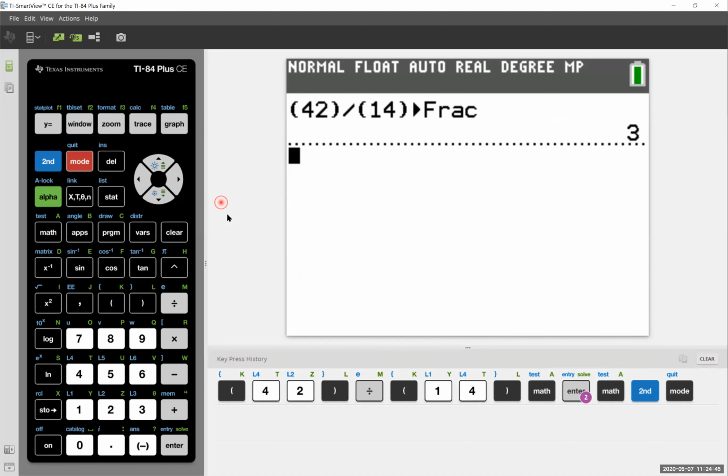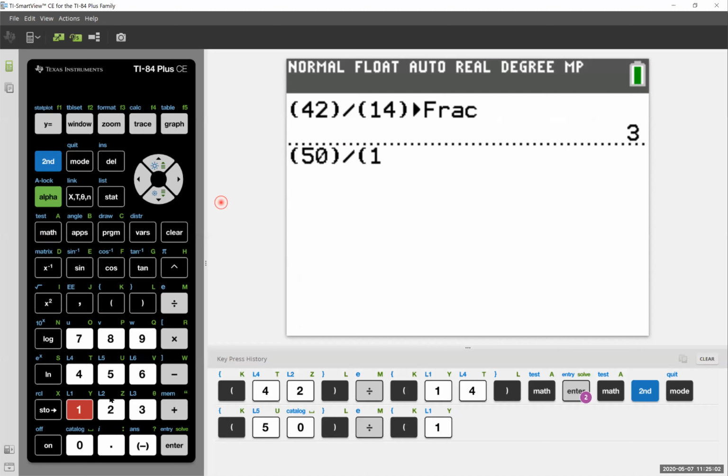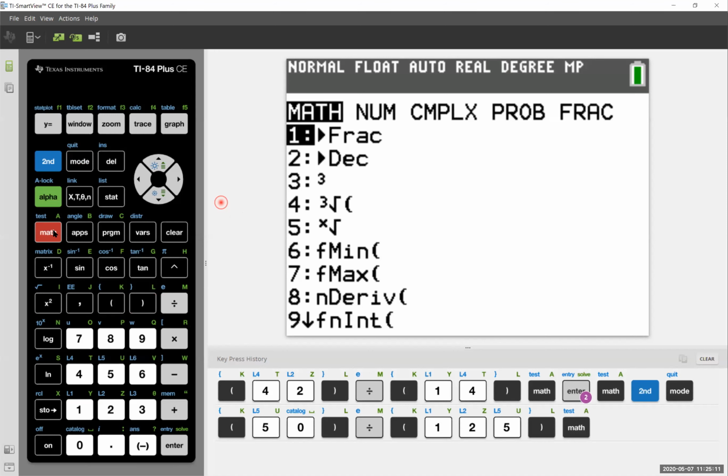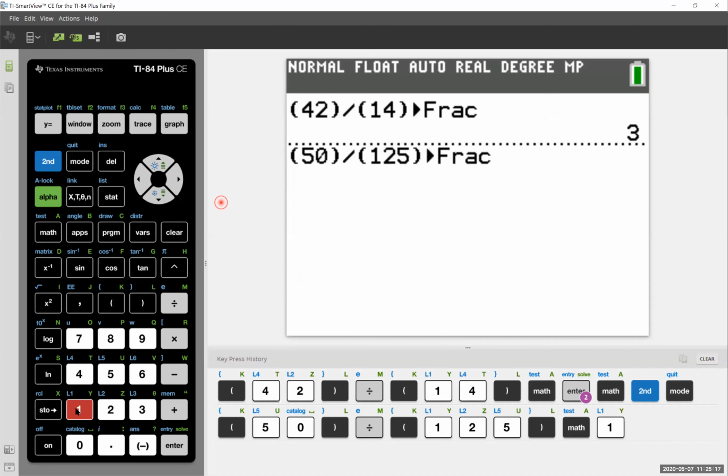So working with our second example that we had, 50 divided by 125, I'm going to do the same thing that we're doing here. Parentheses, 50, and that parenthesis, divided by, again in parentheses, 125, and then end that parenthesis there. I'm going over to math on the left-hand side, clicking on that. First option, frac. I'm going to hit 1 this time just to see that it works with that also. 50 divided by 125, my answer is a fraction, and we hit enter, and bam, 2/5. Same thing that we got before.